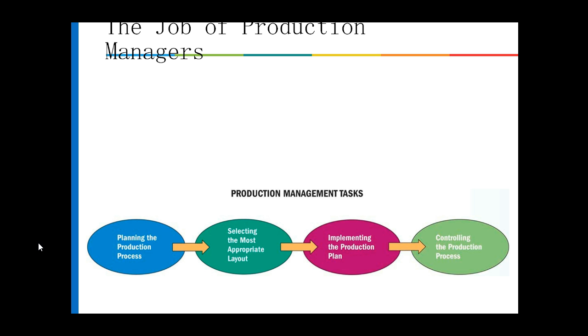And we're talking about how the production managers work and how it flows. There's a nice little chart here at the bottom of the screen that shows the flow in little oval shapes and how the planning process begins, and you select the layout and you implement the production plan. All in all, what you want to do is make certain there's a planning process, there's a logistical process, there's an implementation process, and there is a controlling process where quality management and quality assurance is pretty much the main